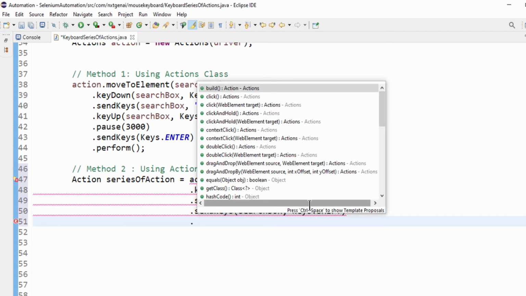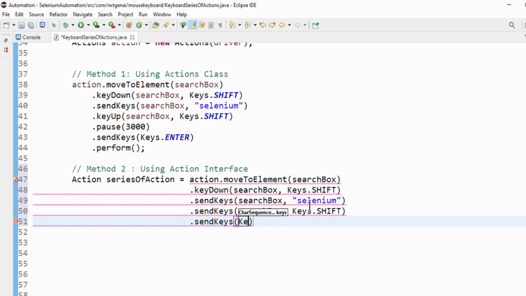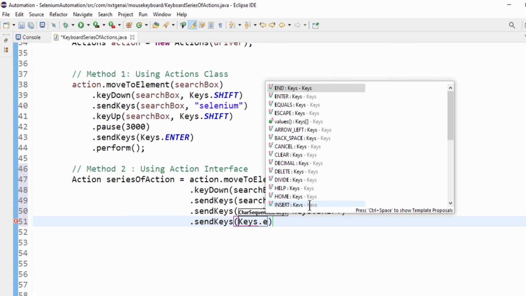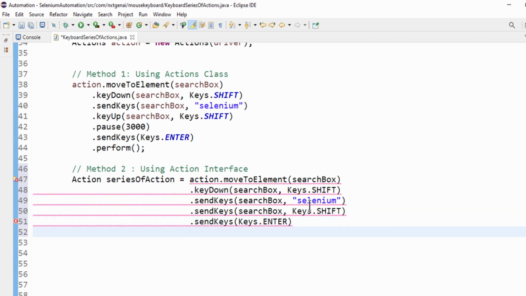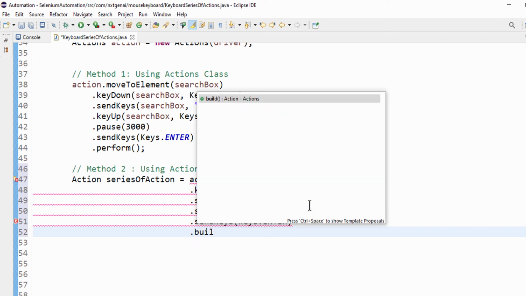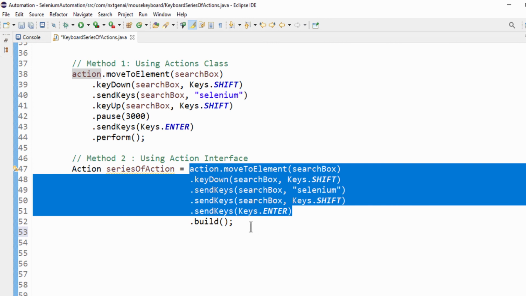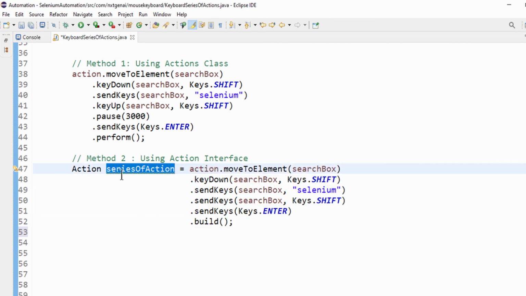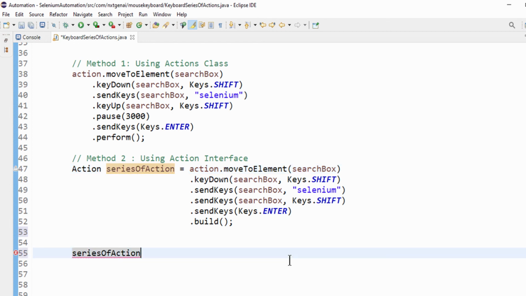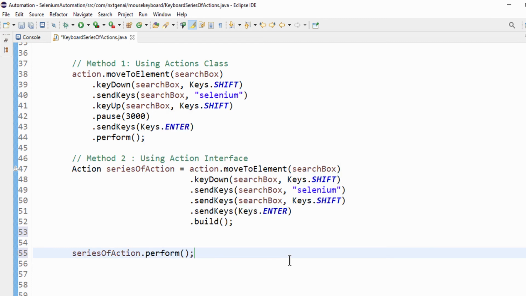After this you want to press Enter: sendKeys dot ENTER. Then here, instead of perform, you are going to use build. The sequence of actions will be created as a build and it will be saved to this particular variable, seriesOfAction. Now that variable name dot perform.